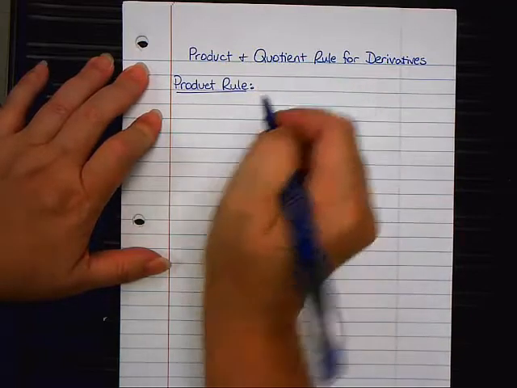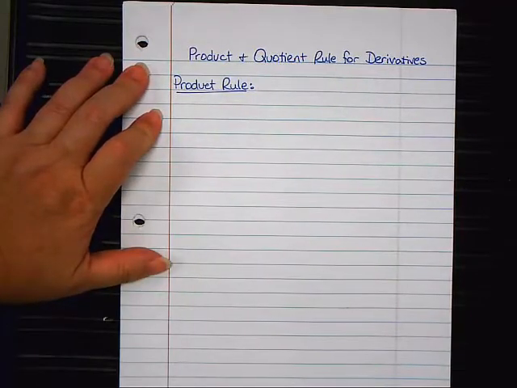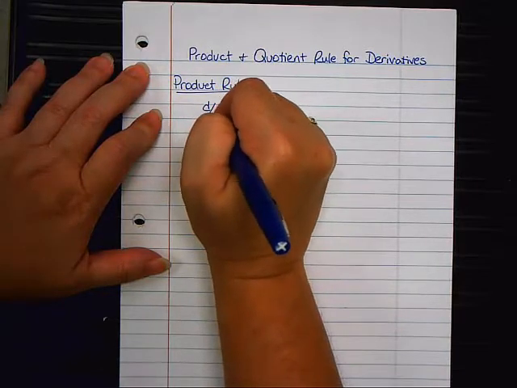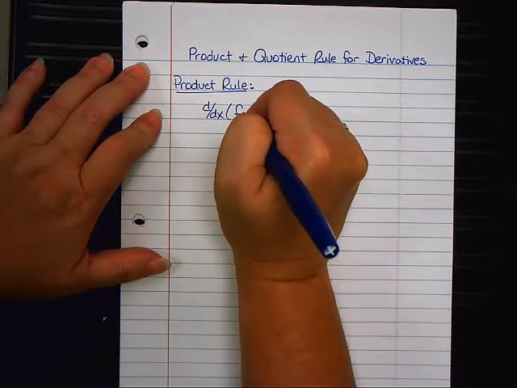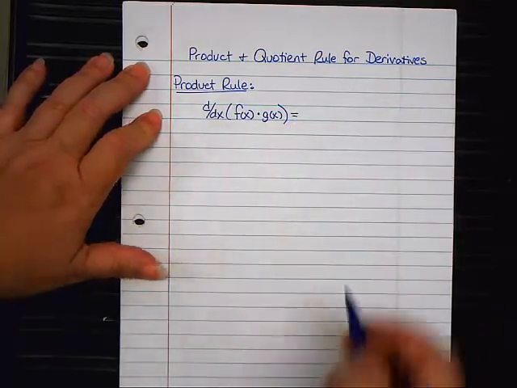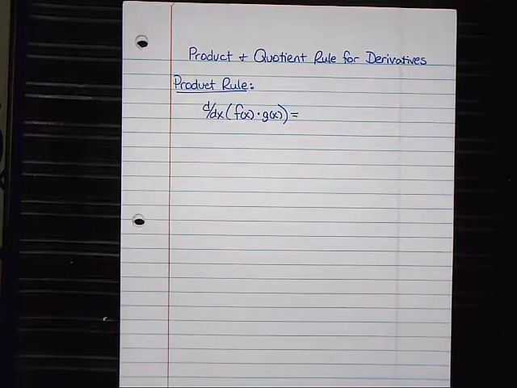When I write these rules down, I'm going to write them as they are seen in a calculus textbook, and then I'm going to give you a way to help you remember them because they do have to be memorized, not to be necessarily written out in longhand, but to be used in a problem. Okay? So the product rule goes like this. d/dx of (f of x times g of x) equals